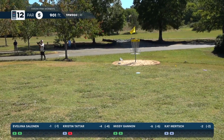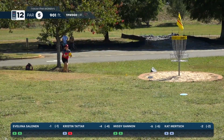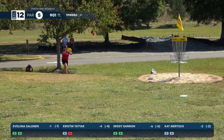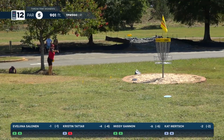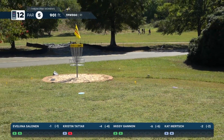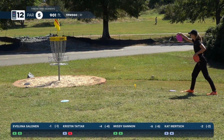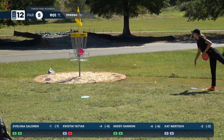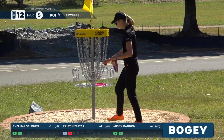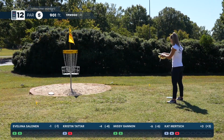And Missy wants no part of the bid, so she's going to pitch it underneath. And that should be a tap-in par. Eveliina gives it a bid. Kat Mertsch is in, and when it was all said and done, that is a 10 on hole number 12